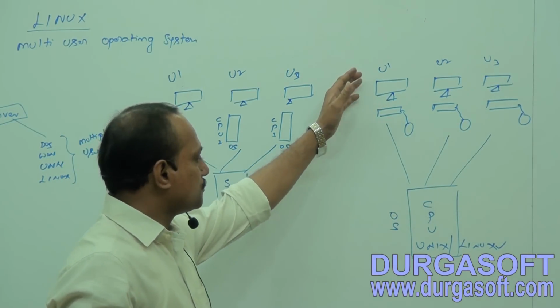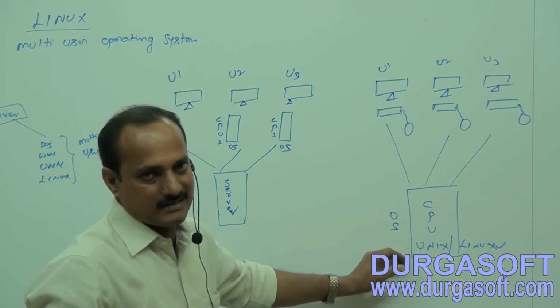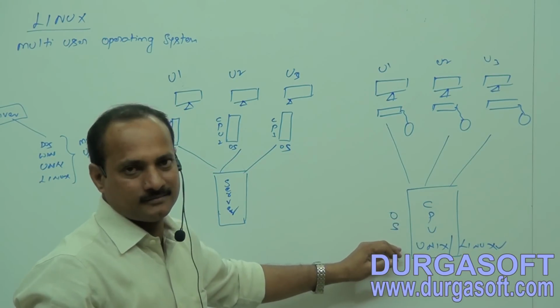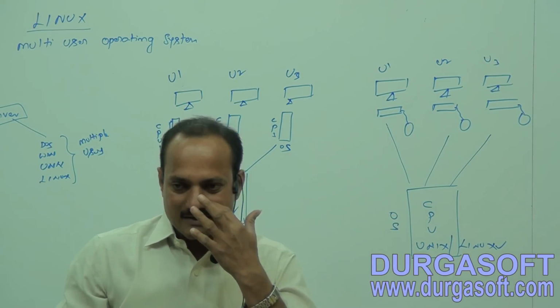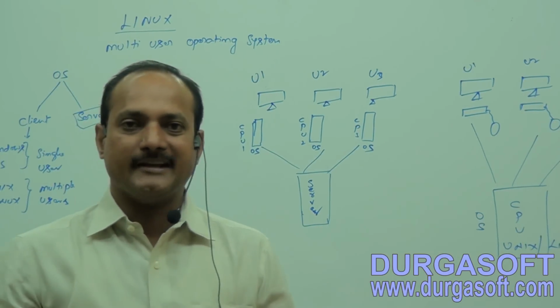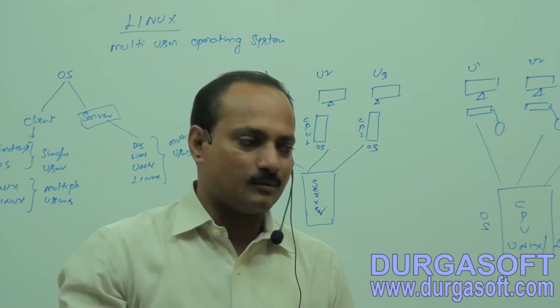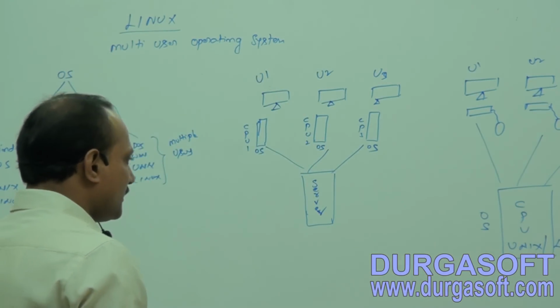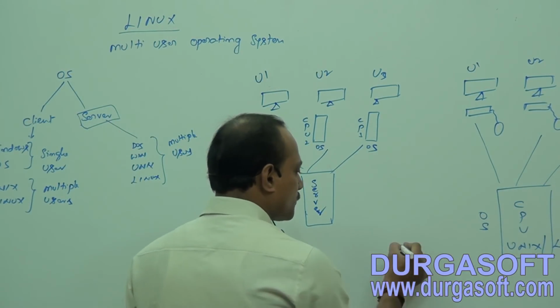Here, each user is connecting to the same operating system, and at a time they can work. So like this, according to business standards, the maximum number of users allowed into Unix or Linux is 6 users. Remember that. And they have some shortcut codes.